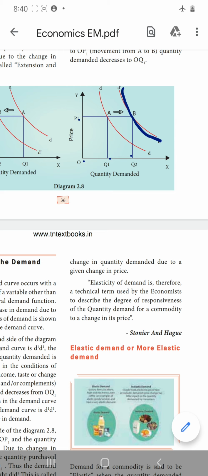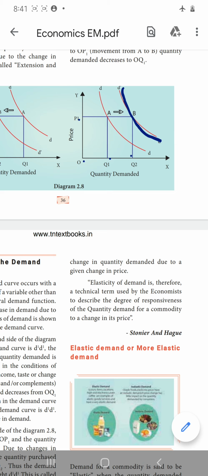Extension and contraction of demand follow a change in price. Increases and decreases in demand take place when price remains the same and other factors bring about demand changes. First, in extension and contraction of demand, I said if the price changes, the demand for the product also changes. But here, in a shift in the demand curve, not only the price but other variable things like your income and your taste may change.